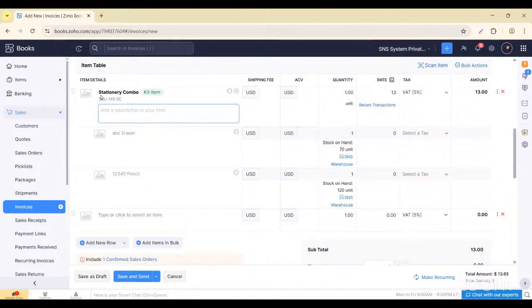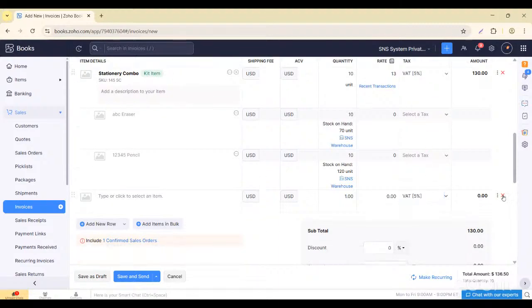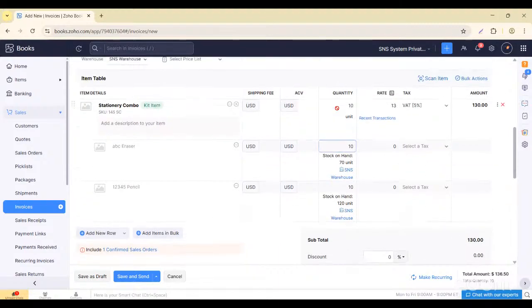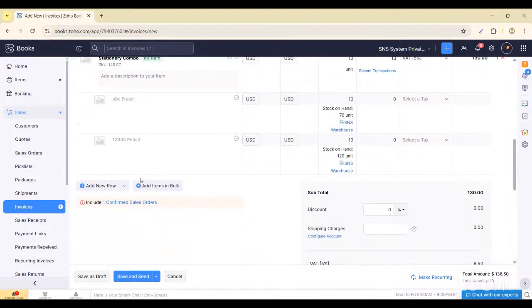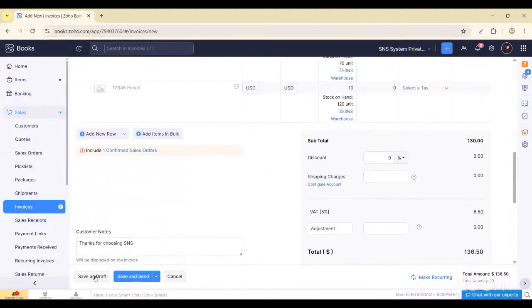Now see, once I selected the stationery combo kit item, all the items within that combo were here only. Now what you need to do here is determine your units. Let's see, they adjusted themselves automatically here only. And now let's see. So basically we are selling 10 of these ABC razor and 10 of these 1, 2, 3, 4, 5 pencil. Save it as a draft